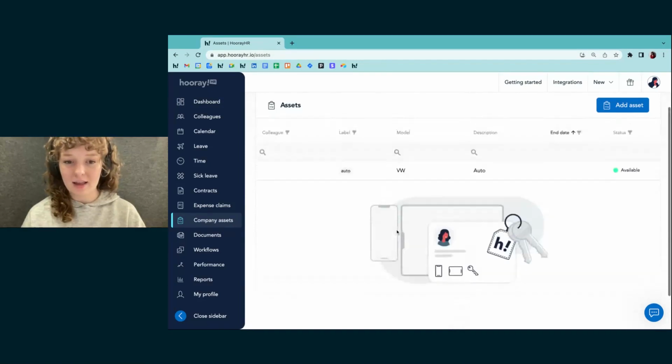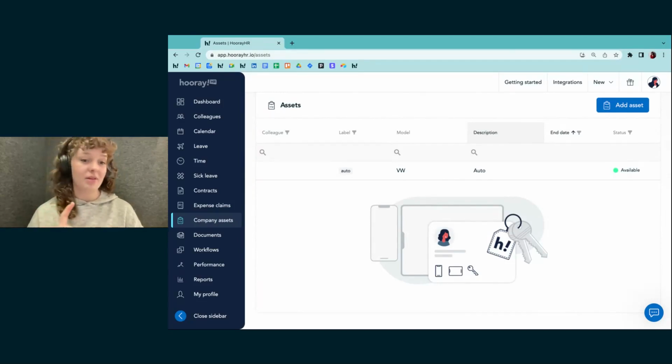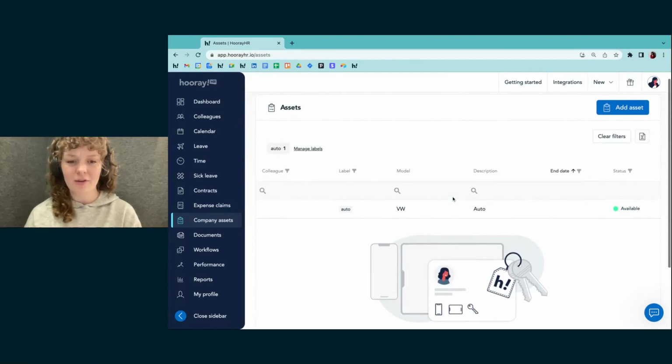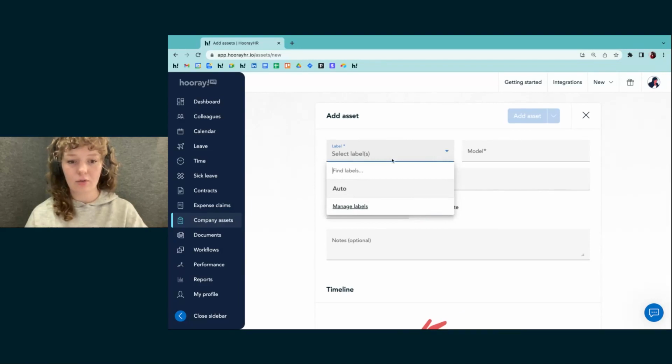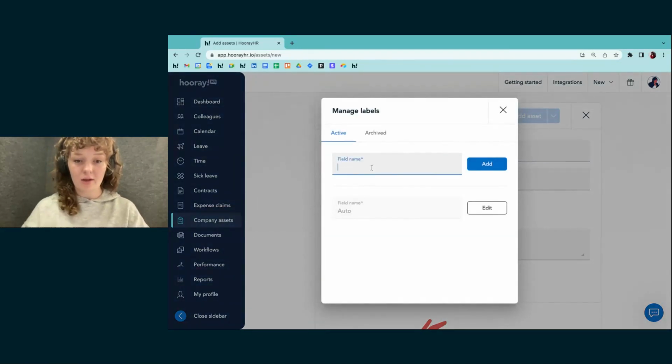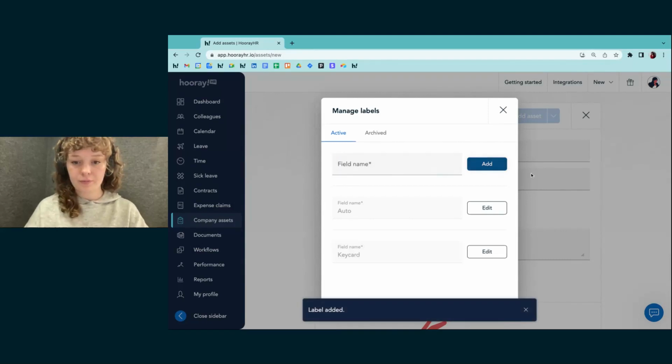Company assets is a place where you can enter the laptops that people have, maybe the keys that they have to the building, the cars that they have. We haven't filled it out that much in this test HoorayHR, but we can add something. So if you would say key card and phone, for example,